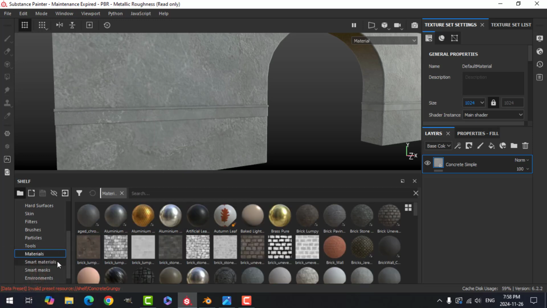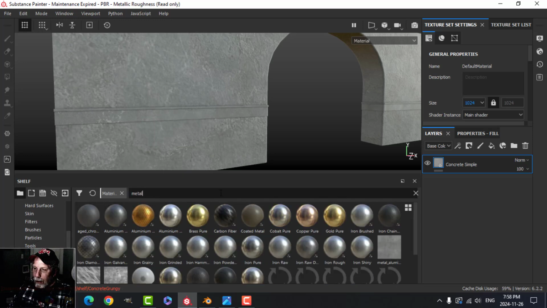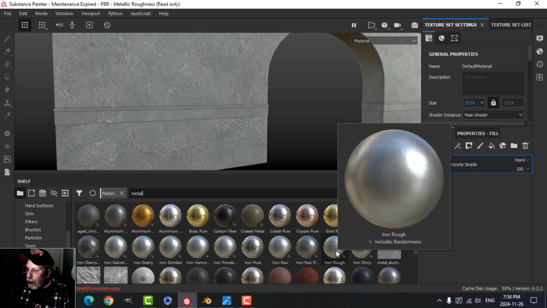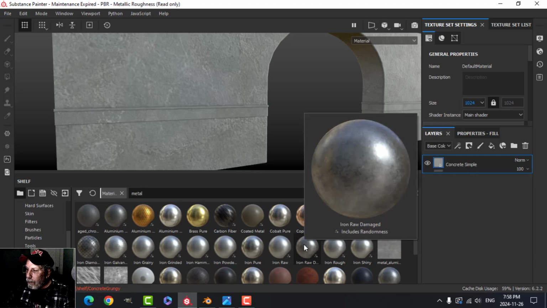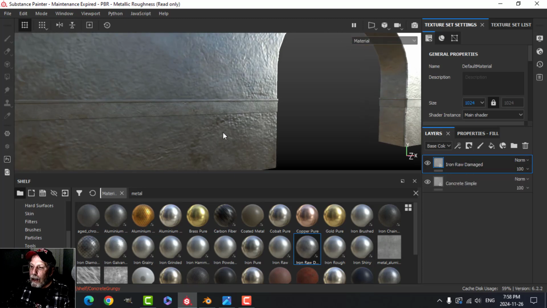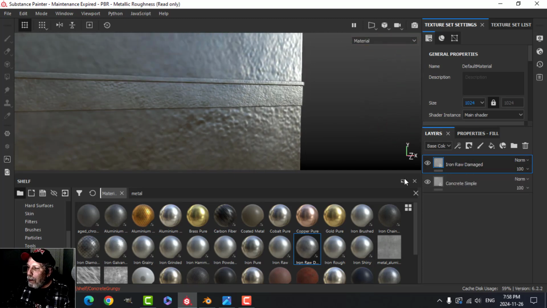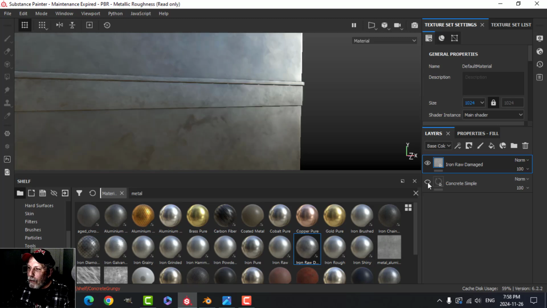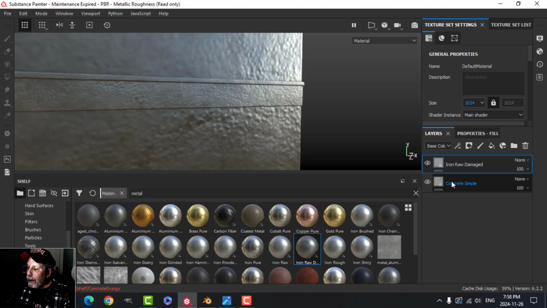All right, I'm going to click on materials again, and I'm going to type in metal, and that's going to filter it into the metals. Now some of these I've gotten elsewhere, but you'll have a number of these. Let's say this iron rough, or which one? Let's try iron rod damaged. Now I'm going to bring it on top of this other layer, and it's going to go there. But I'm going to hide this and look at it. Okay, you see, this is what iron rod damaged looks like,